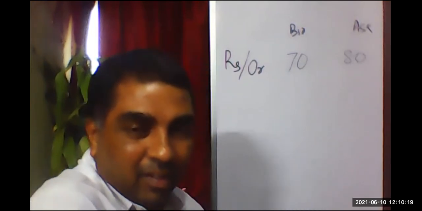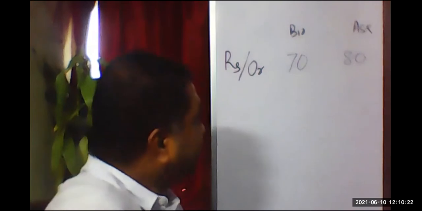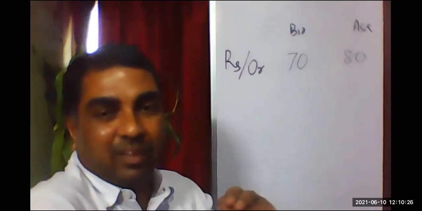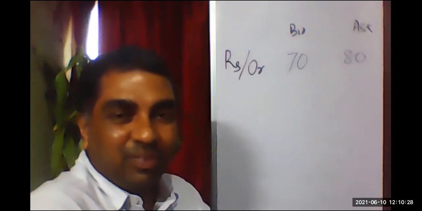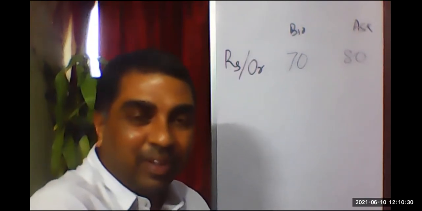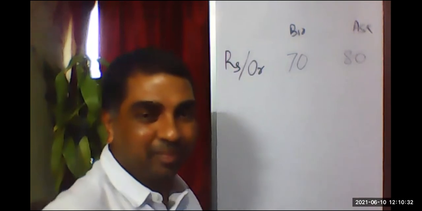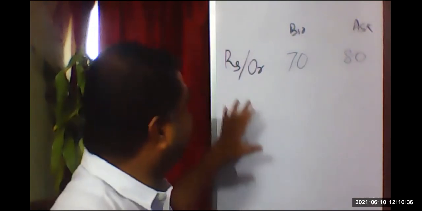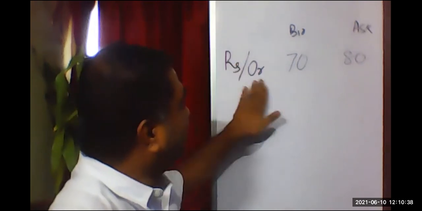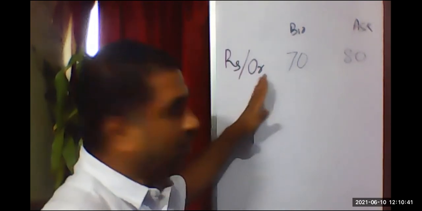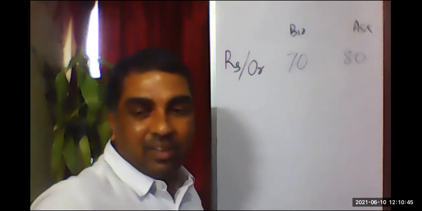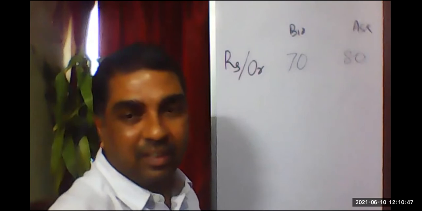And again, friends, in the international market, what will happen? When you are buying something, you are selling some other thing, because every currency is a commodity in the international market. You can buy it and you can sell it. And here also we'll assume these are two commodities. But normally this is the commodity, this is the price.